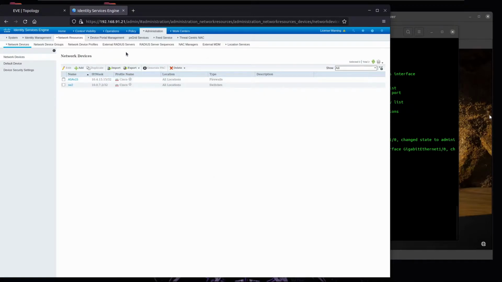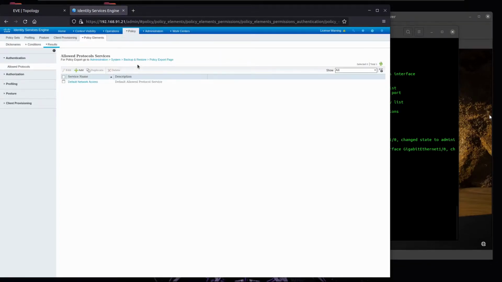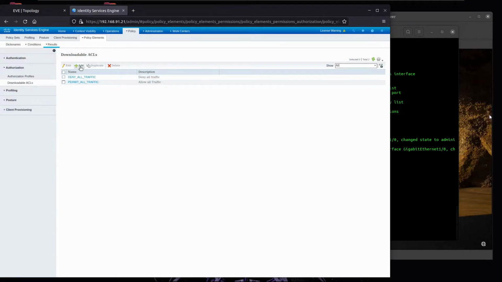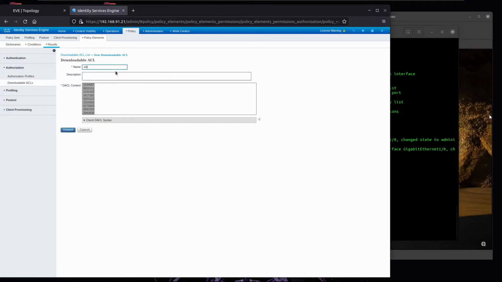Now what we want is to create the conditions based on the end users, where 802.1X and MAB are going to be authenticated. Initially we want the domain users or domain computers to be allowed to access the network, to at least be able to reach the Active Directory domain and DHCP server. So we're going to create a profile. Once the user gets authenticated, it is going to be authorized to reach those services. So first we want to create a dynamic ACL for that. Let's call it dynamic